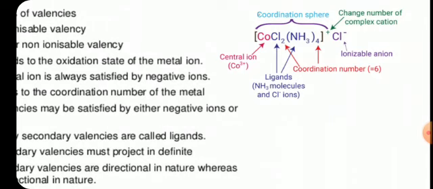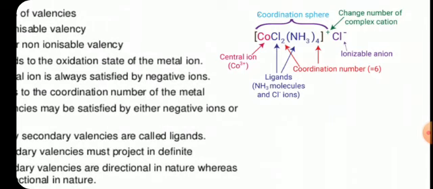Over here, as you can see, cobalt has +3 oxidation state. 2 Cl minus is attached to it, which makes the total +3 minus 2, that is +1. That is why the complex has +1 charge. We won't count any charge for ammonia as it is a neutral ligand. And as the complex has +1 charge, a negative Cl minus is attracted to the complex.